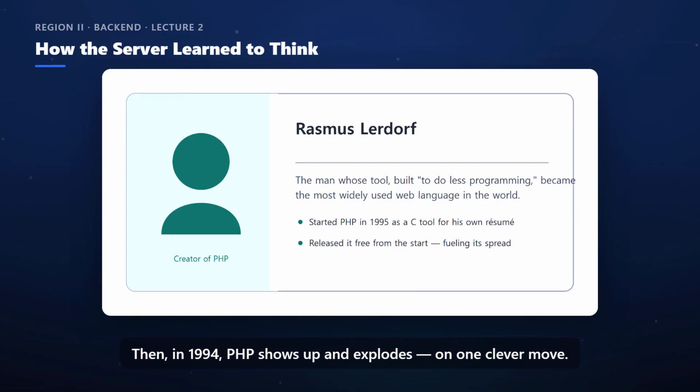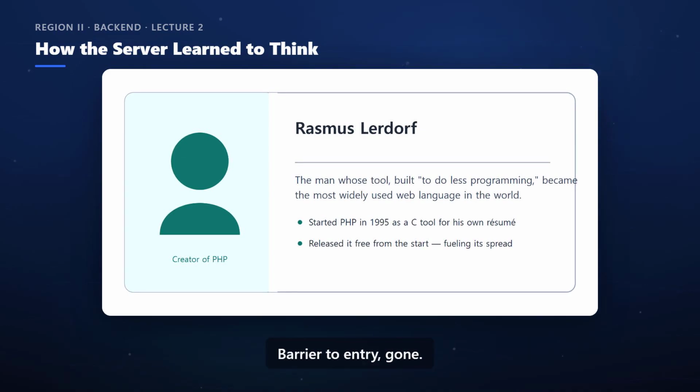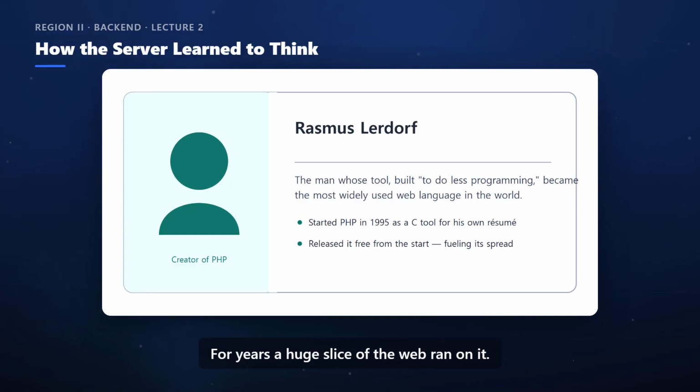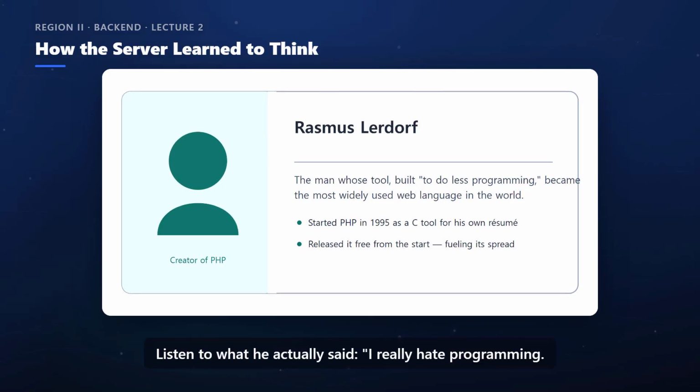Then, in 1994, PHP shows up and explodes on one clever move. It lets you tuck server code right inside your HTML. Barrier to entry, gone. For years a huge slice of the web ran on it. Wikipedia. Early Facebook. And the creator? Rasmus Lerdorf. Listen to what he actually said: